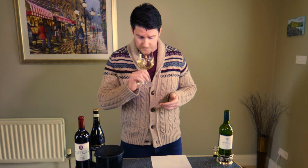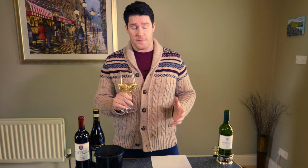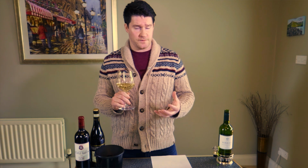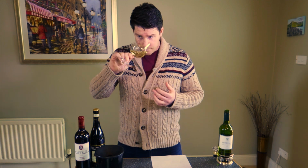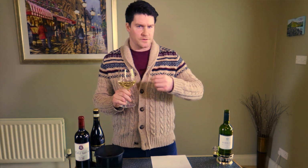What is on the cards is a lot of fruit. I would say straight off the bat, it's very citrus driven. So certainly lemon character, maybe a touch of lime in there also. Orchard fruits are coming through as well. I would say apples, probably in that kind of mid-spectrum between a green and a yellow apple, maybe a little bit of both. Not particularly fresh. I would say that there's a little touch of ripeness to the fruit,